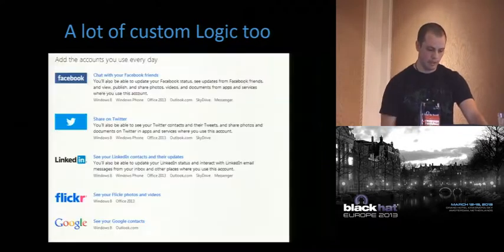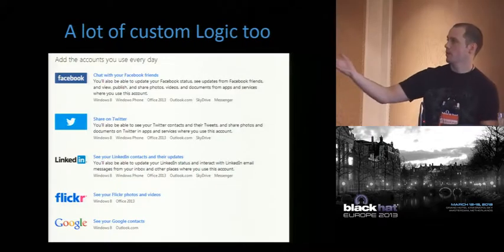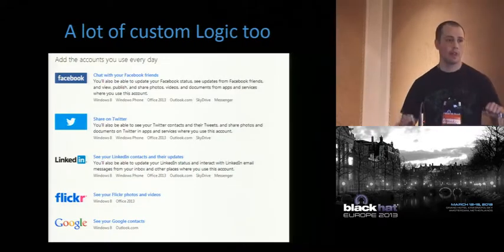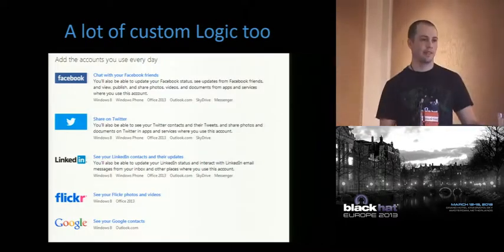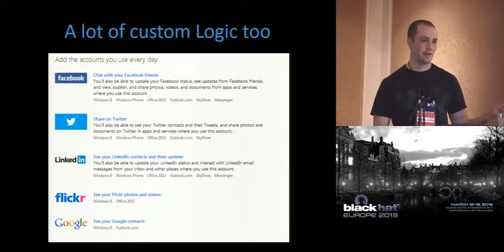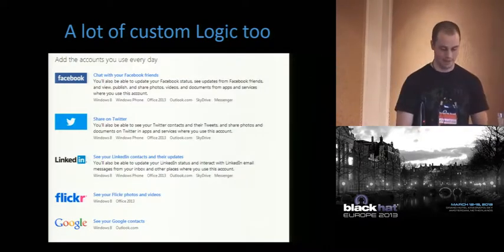This is Microsoft, again no bug, but they have OAuth here, and if you can associate your attacker Facebook account with your Hotmail account, then that's bad because it says chat with your Facebook friends, right? So maybe we associate our attacker Facebook account, and all of a sudden all our attacker friends are able to chat with you.